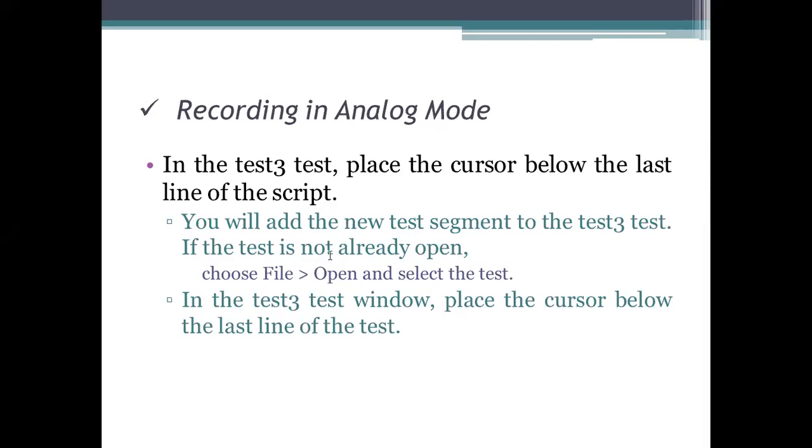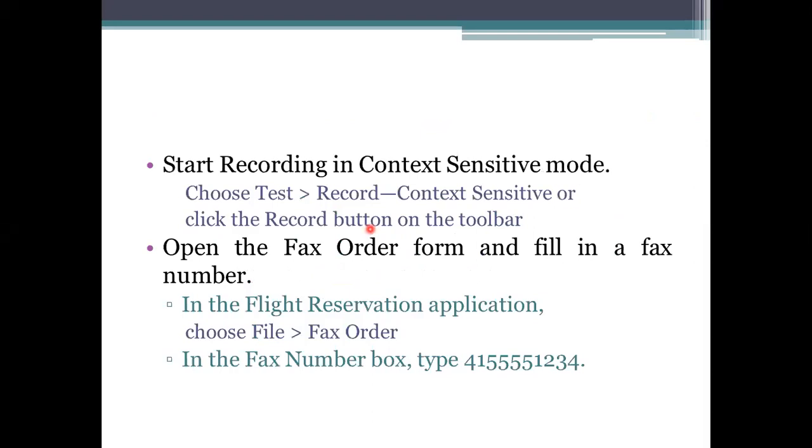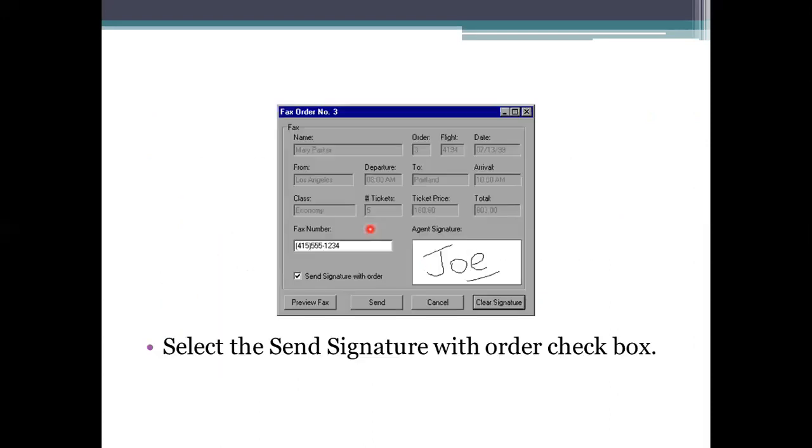So you have chosen the test representation. Here, what fax number you are using for the processing, and what the reservation details are, have to be taken. The fax order has to be opened. In that fax order, we need to enter all the details of this representation, and where to fax this has to be given in the fax number box. If you see, this is the representation. Here we are faxing the details to a name, Mary Parker. These are the details of that flight.